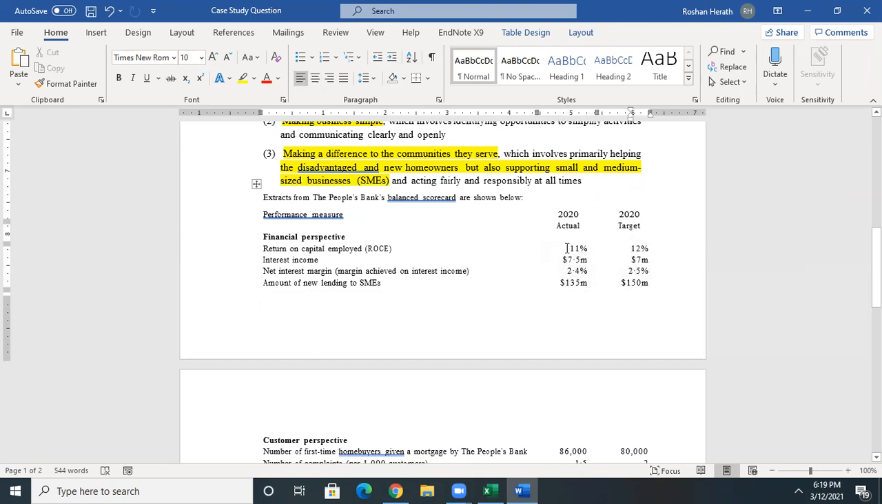Remember we discussed, return on capital employed, it's a measure of efficiency, it's a function of efficiency and